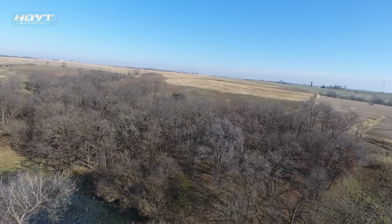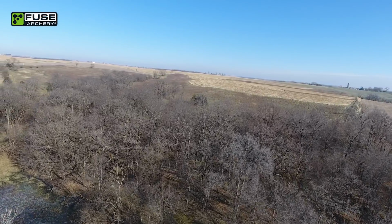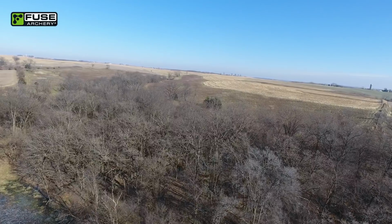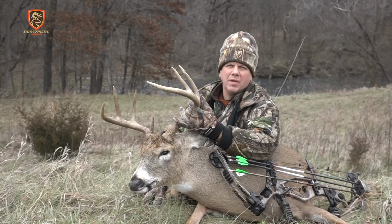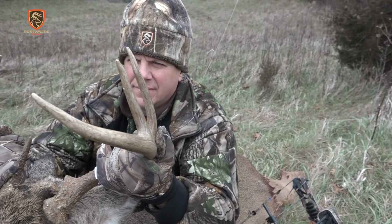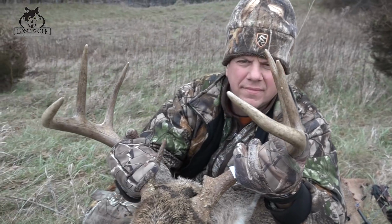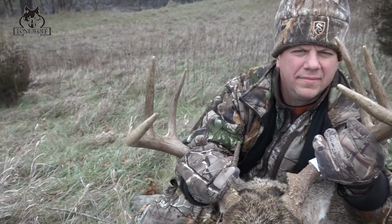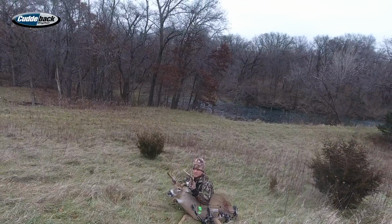The reason we love that stand location so much is you got a big bedding area, and that's where he ran into. But as it gets up here to the pond, it really makes it funnel down to where it's only about, I don't know, probably 80 yards wide. So that stand just works out so great. All three of the deer we took off this farm this year were all shot out of that same stand, so definitely our favorite stand on the farm, and feel really blessed to be able to